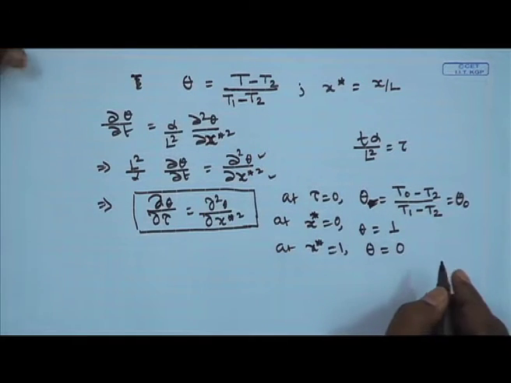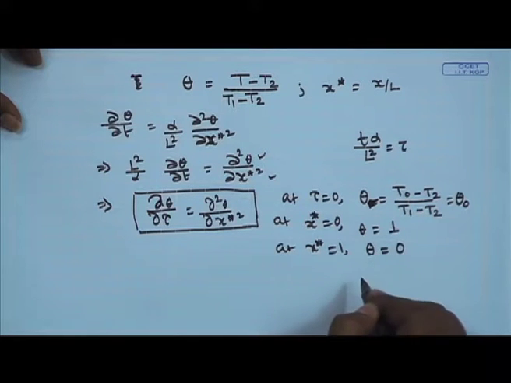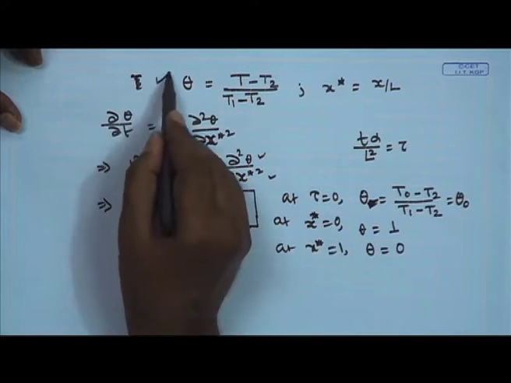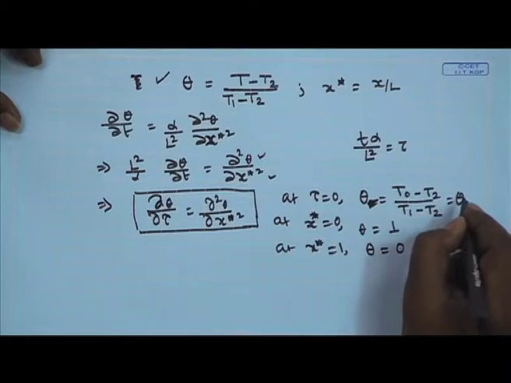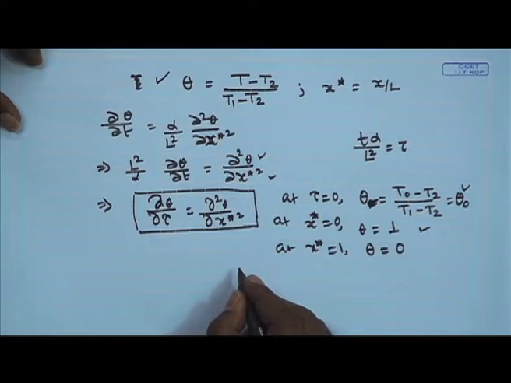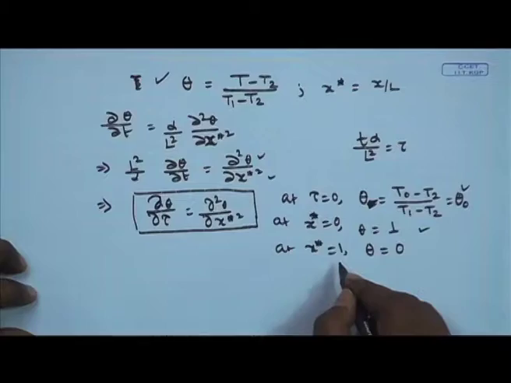So, this is now my governing equation. If you look into this governing equation and the boundary conditions, by the way we have defined theta, instead of having 3 non-homogeneities in the equation, we are now able to reduce one non-homogeneity. Now we are dealing with 2 non-homogeneities located at time tau equal to 0 and at x star equal to 0, where theta equal to 1. The non-homogeneity at x star equal to 1 has already vanished.